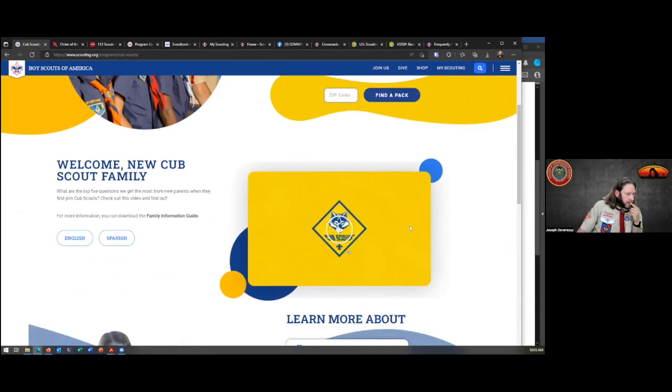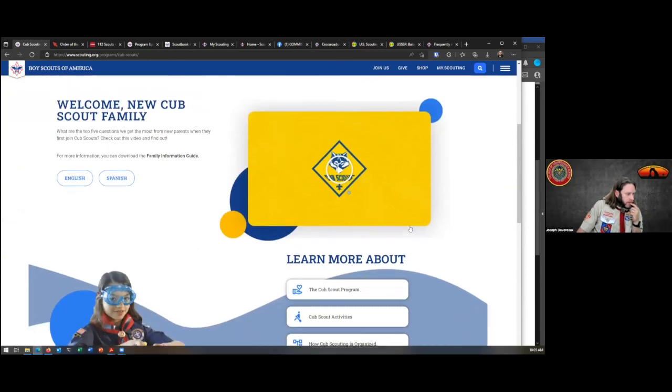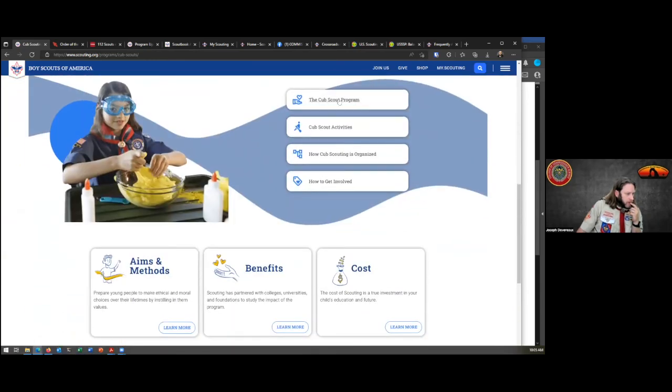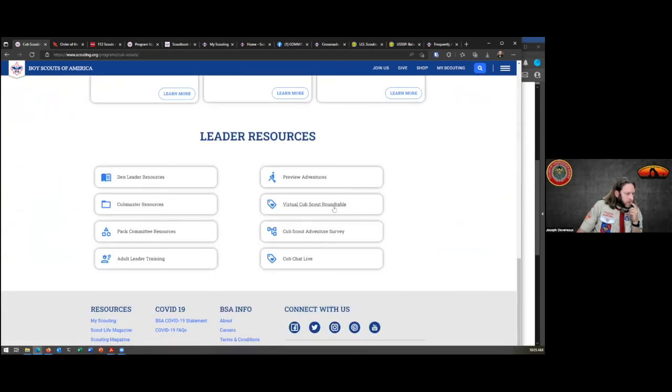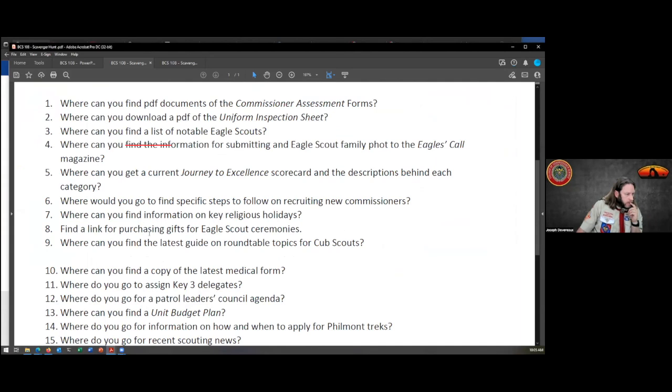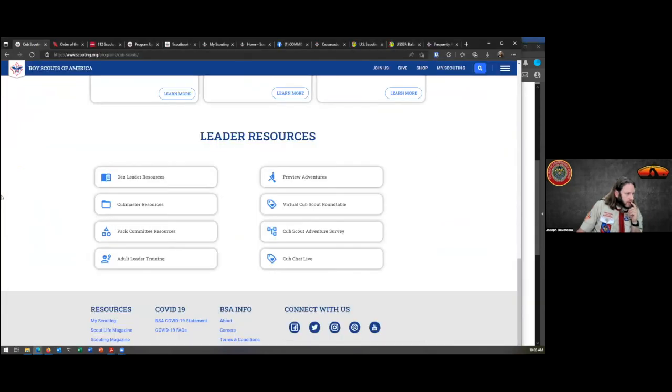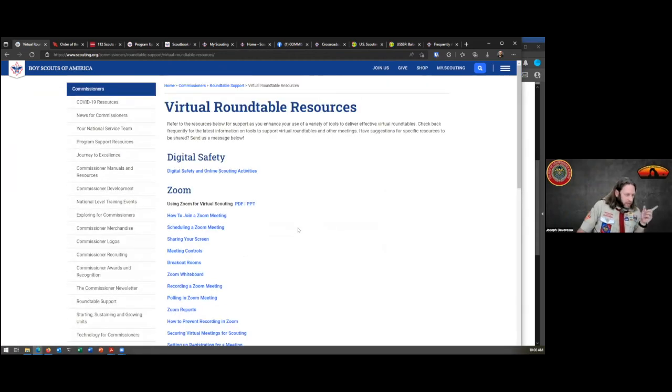So again, find a pack, great way to get started. Welcome to the family. Let's see here, get involved, Cub Scouting, Cub Scout activities, cost, virtual Cub Scout roundtables. If you want to go pack committee resources, Cubmaster resources. Let's see, what was our question again? Number 9, guide to roundtable topics for Cub Scouts. Okay, so I'm on the Cub Scout page. Try virtual roundtable, but I want to know about roundtable. I was thinking Cub Scout leader resources, but